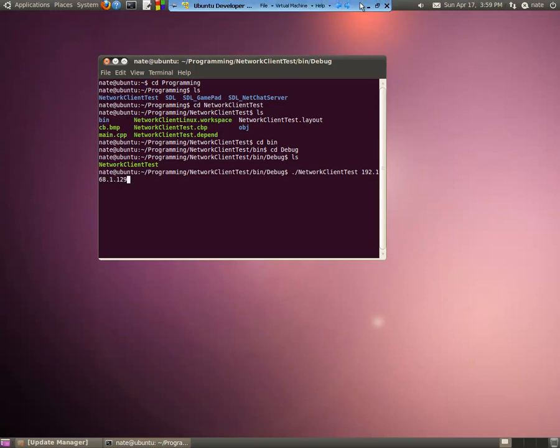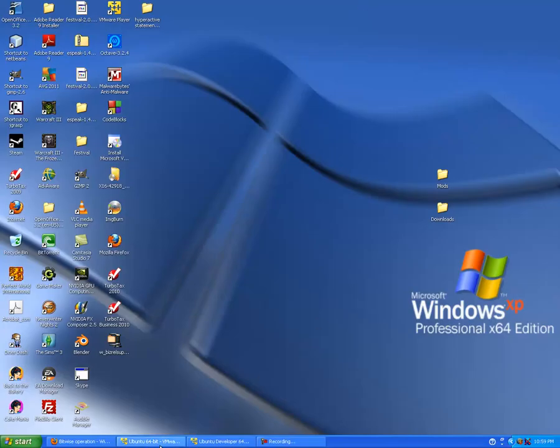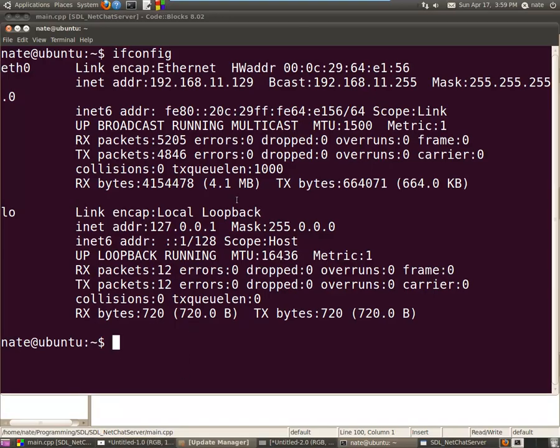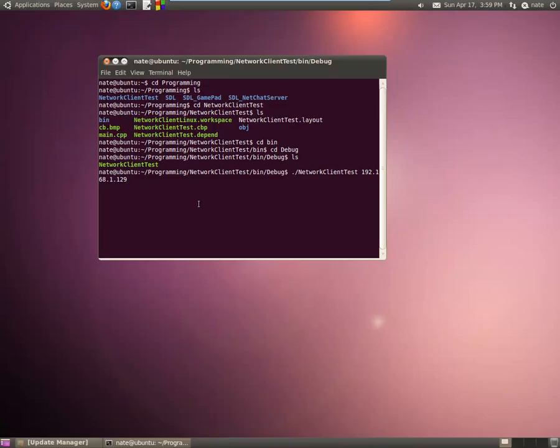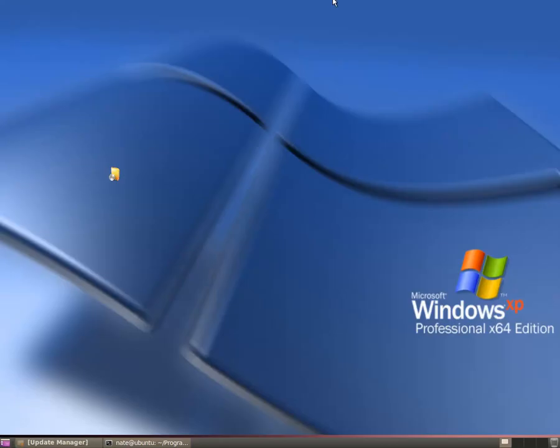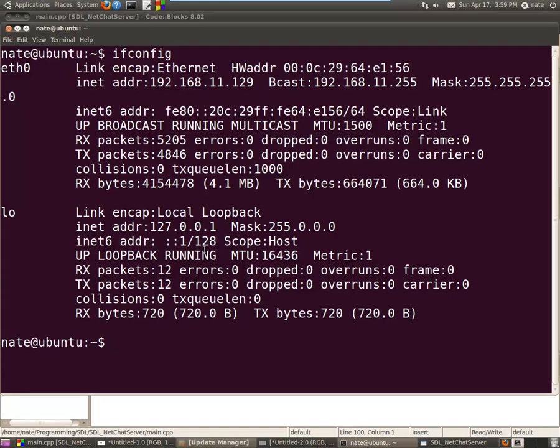192.168.1.129, I think. Let me double check that is correct. No, it's .11. Okay, that's where it's off. Alright, so it's 11 right there. Okay, and then the port is 7770, like so. Hello. Server says hello back. Awesome. Now, if I come back over here to my server